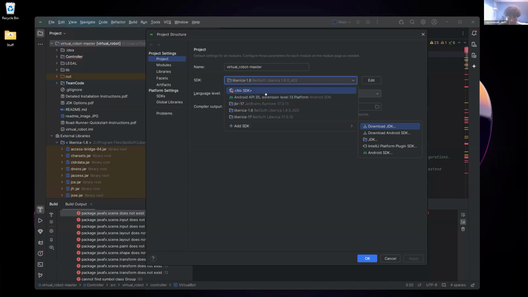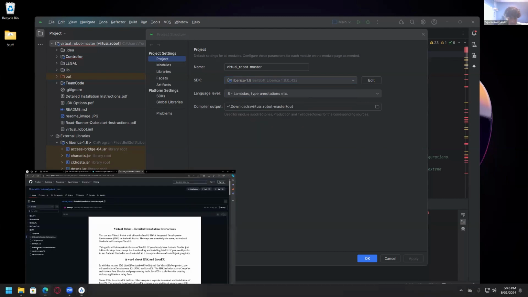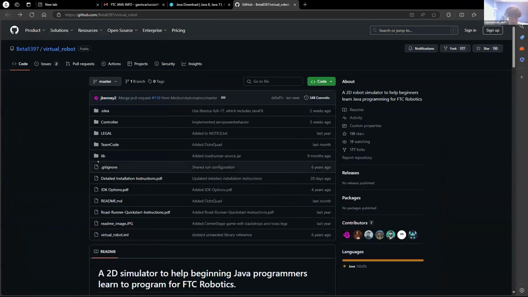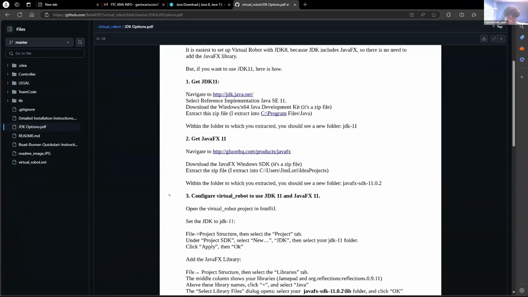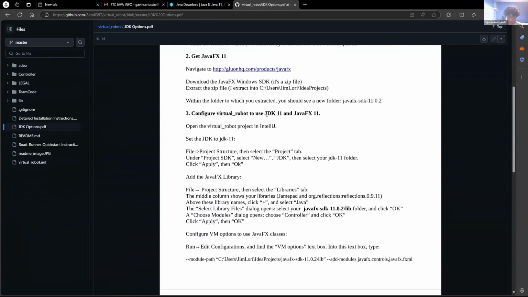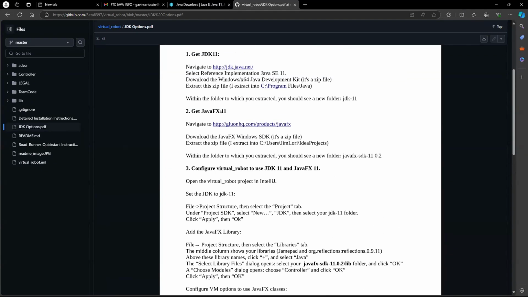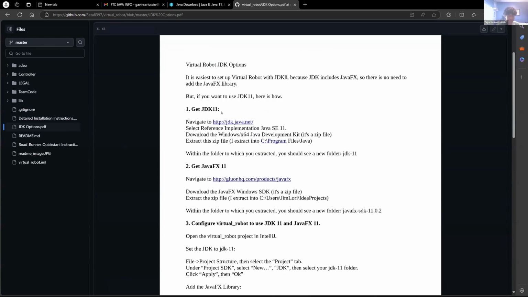There's a folder on this GitHub that tells you JDK options. So should I be doing 11? If you want to use 11, then you can use that. But if you don't have JavaFX,